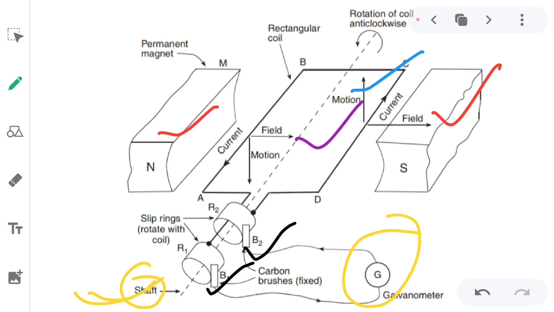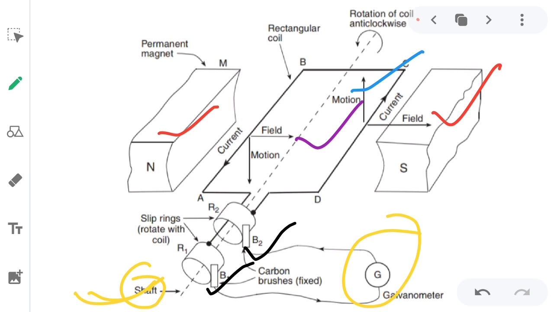So that hot superheated steam falls on the turbine's blade, and when that turbine rotates, the shaft rotates, and with the help of this shaft, this armature rotates, and electricity is being produced. So that is the construction of AC and DC generator, and the difference between the motor and the generator.